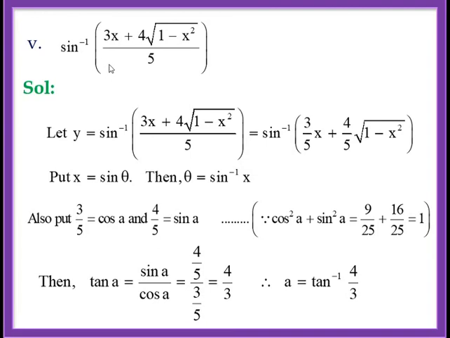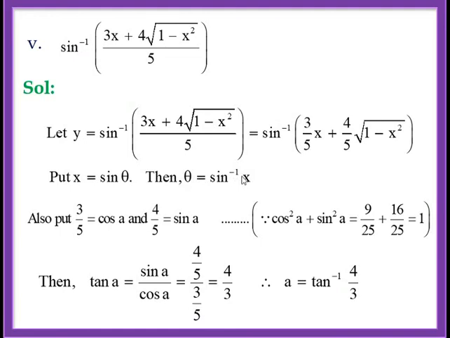Now we have solved, I think, two sums of this type. Y equal to sine inverse 3x plus 4 root 1 minus x square upon 5, split numerator. So 3 upon 5 into x plus 4 upon 5 into this. Now you should again remember that table, expression substitution. For this expression you have to go for x equal to sine theta, that is theta equal to sine inverse